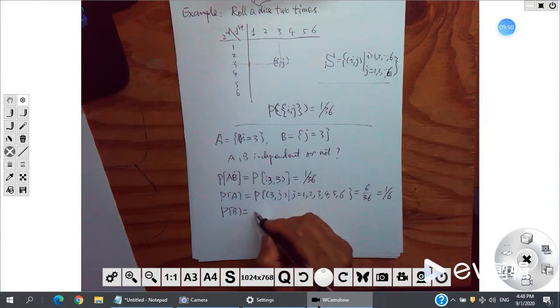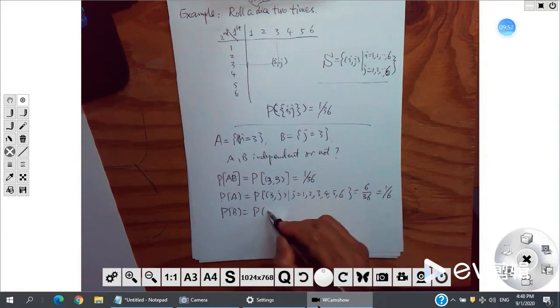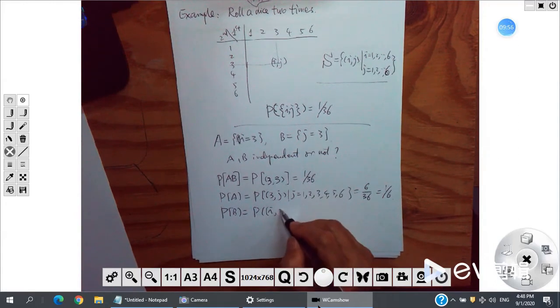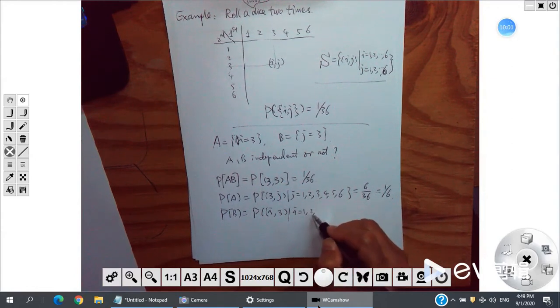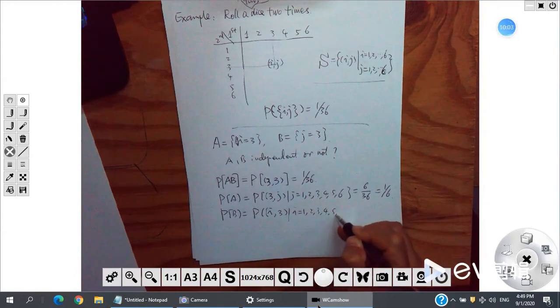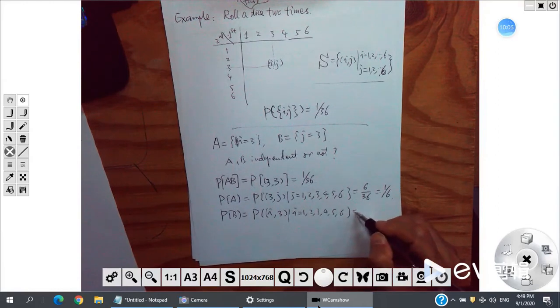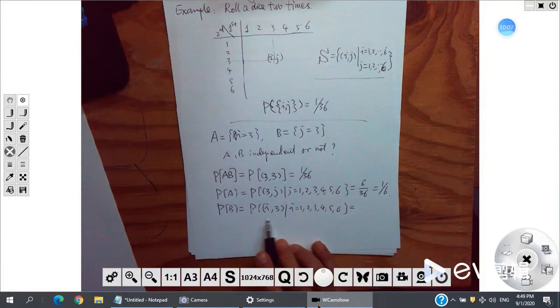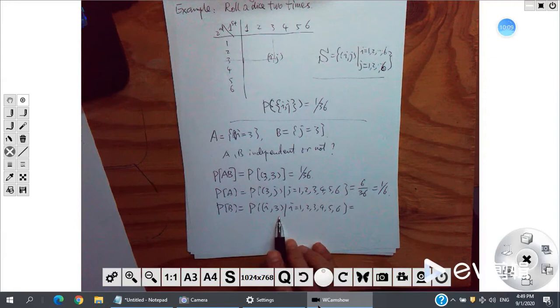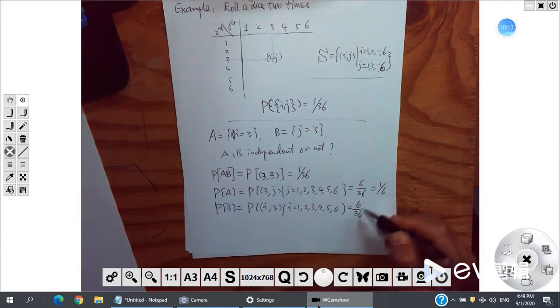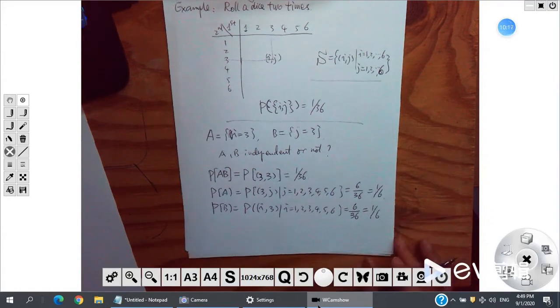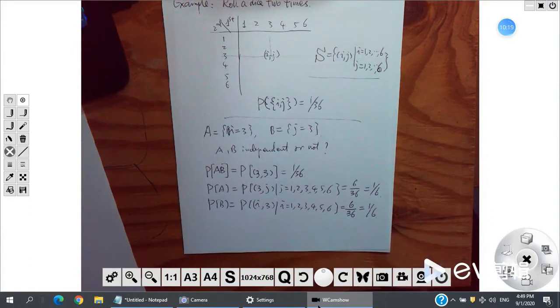B is, now I can be anything. J is 3. So this time I equals 1, 2, 3, 4, 5, 6. So totally we have 6 samples. Each one has probability 1 over 36. So the other is also 1 over 6. Right. Okay. Now we say